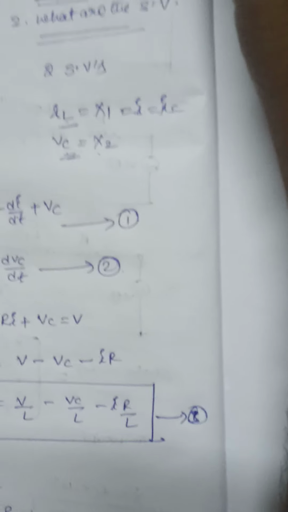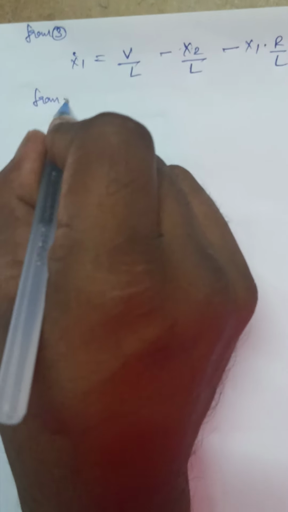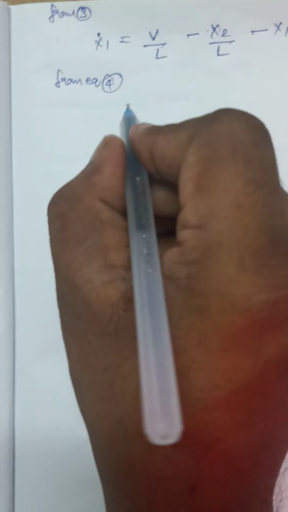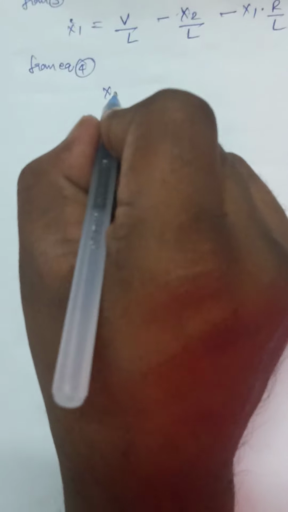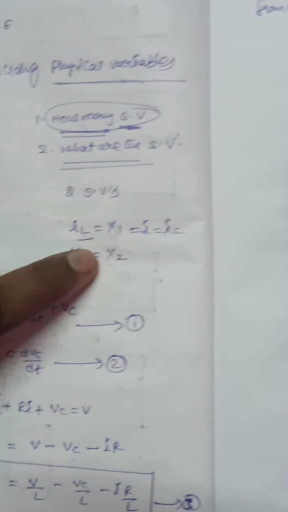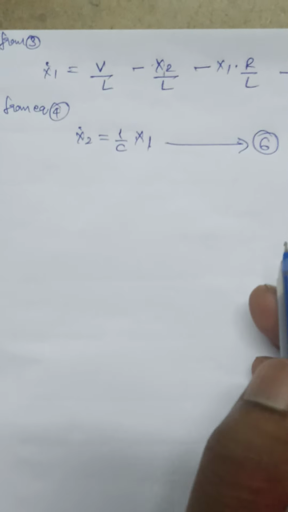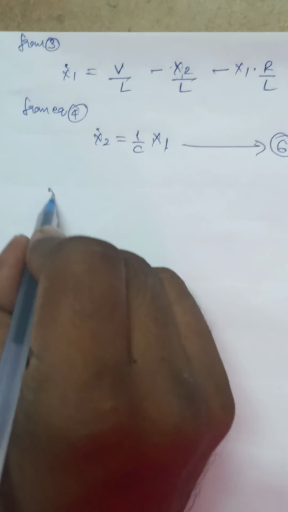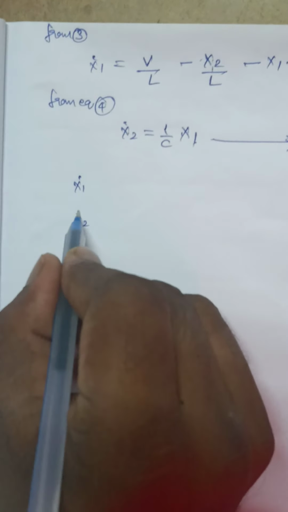Next, from equation number 3 and equation number 4, Vc is nothing but x2. x2 dot is equal to 1 by C into I, which is x1. This is the sixth equation. Now you represent these equations in the form of a matrix, which will give the state model here. So x1 dot and x2 dot is equal